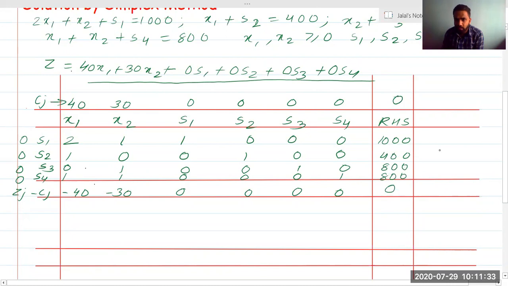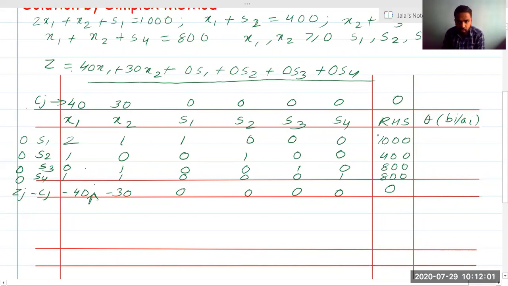Okay, what do we get from this solution? We get some values. So what we will do is, we will write here theta. Theta is also called as Bi by Ai. You don't have to think about Bi by Ai. We will consider it in the later stages of the lecture. So what we will do, we will try to find the most negative of the Zj minus Cj. The most negative of Zj minus Cj, as you can see, is minus 40. So what we have to do, we have to divide RHS by that column, which is called as pivot column.